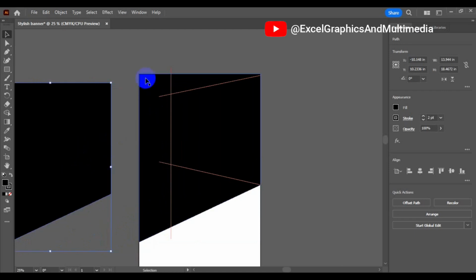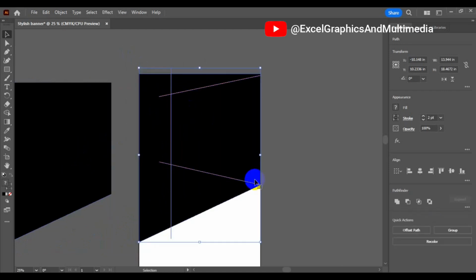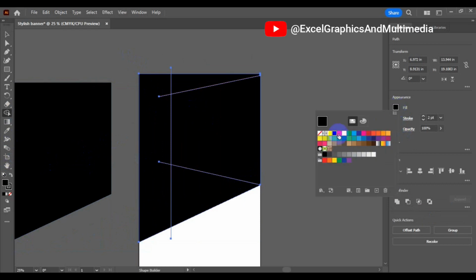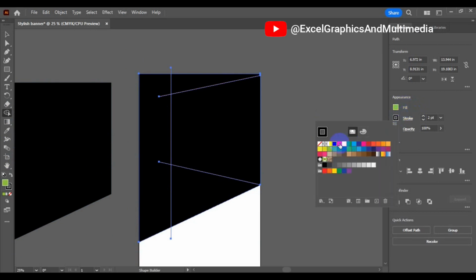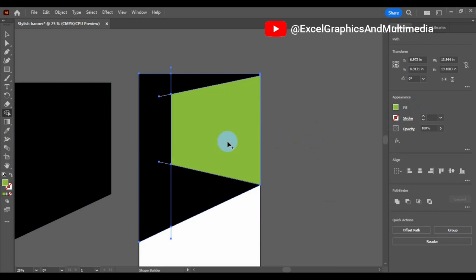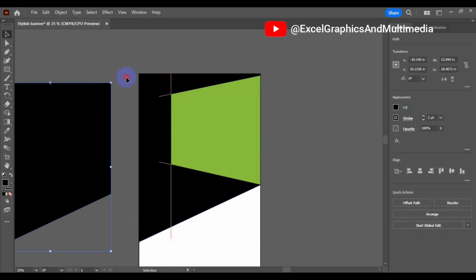Okay. Next thing we can do is to select everything. So this time around, we need to go back to our shape builder tool. Then we have to come to the fill. So we can change the fill color to green, and we can come here to the stroke and make sure no fill, no stroke, and we double click here, so we're going to have something like this. Okay, so what we can do now is to select this red shape, red stroke,